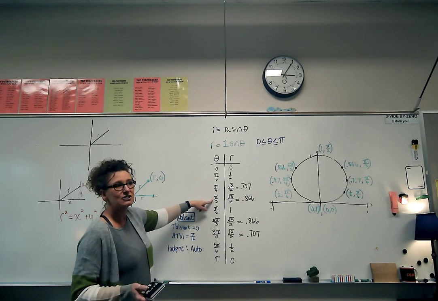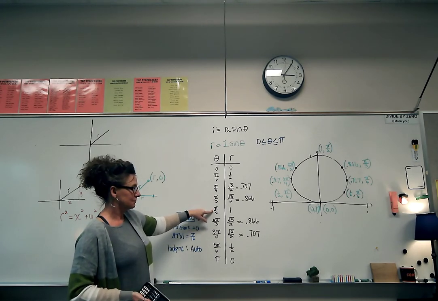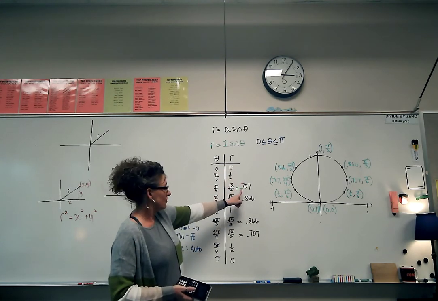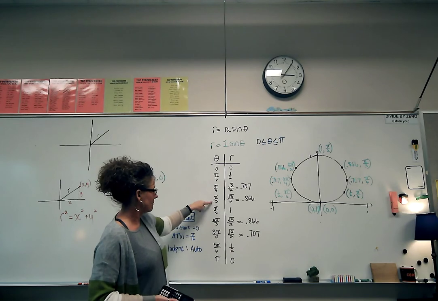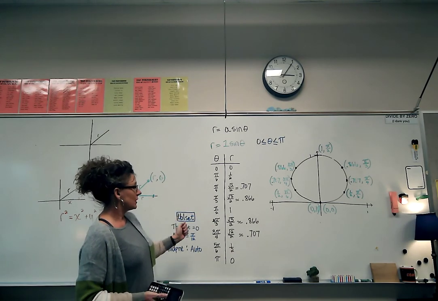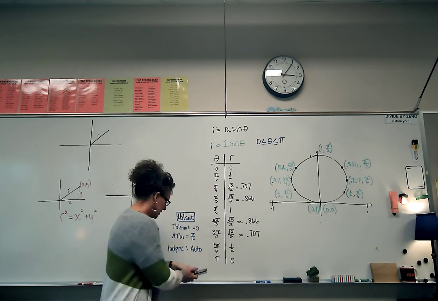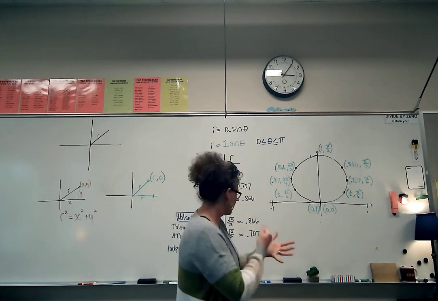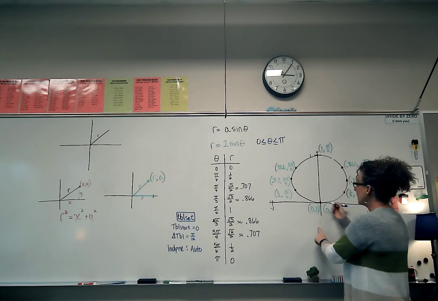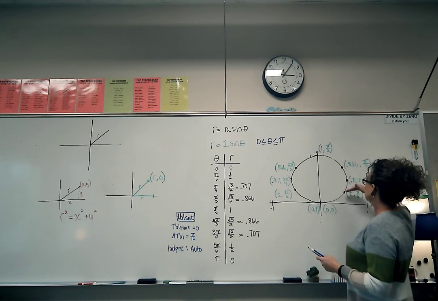3.14 over 3, that's just over 1. You get it. Okay? And then you've got your R values over here that correspond with your theta values. So here's what's going on in this table. All of these points are graphed in this order. So when the calculator drew your graph, it said, I'm going to start here, and I know it drew all the points in between, but let's say it focused on these